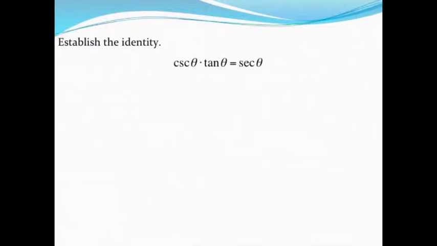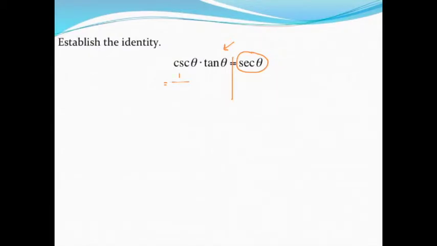To establish this trig identity, I think I'm going to try to rewrite everything in terms of sine and cosine. And so I'm going to mess with the side that's more complicated to try to end up with this. So I'm not going to touch the secant of theta, I'm just going to try to work my way to get there. So let's begin, like I said, I'm just going to suggest we rewrite things with sine and cosine